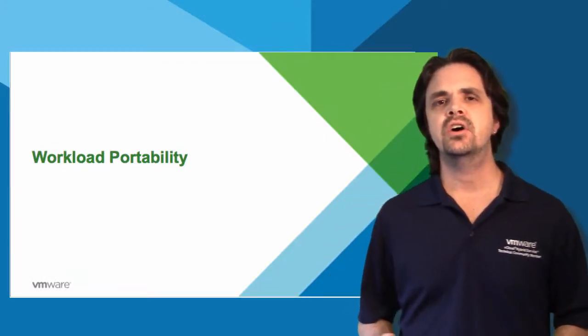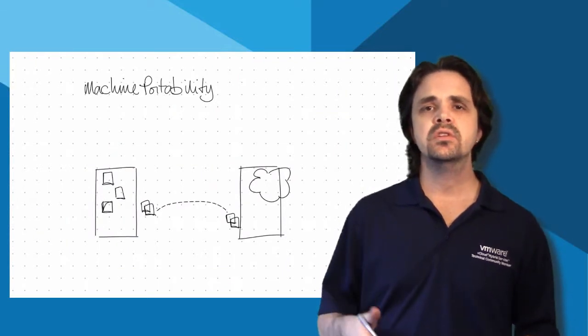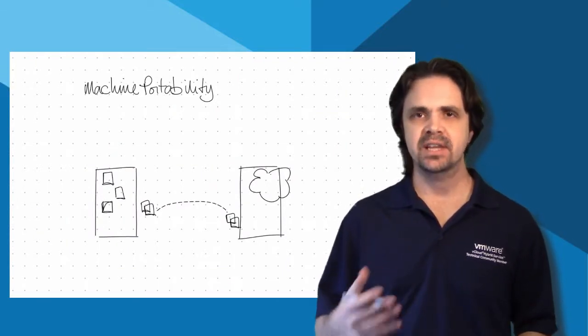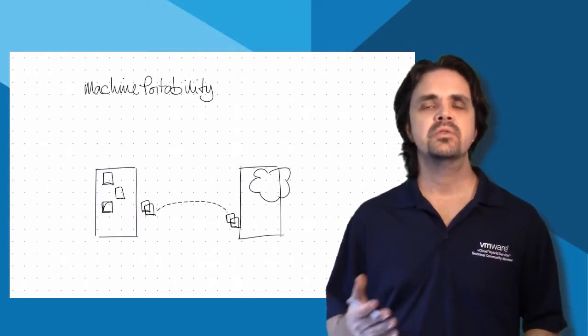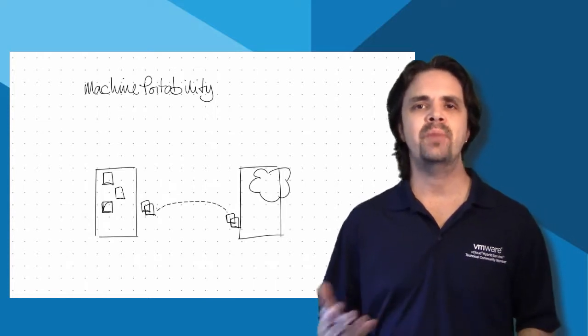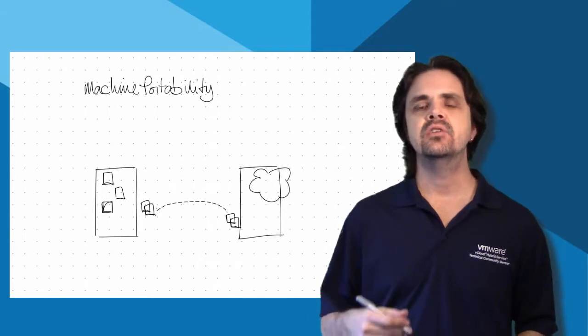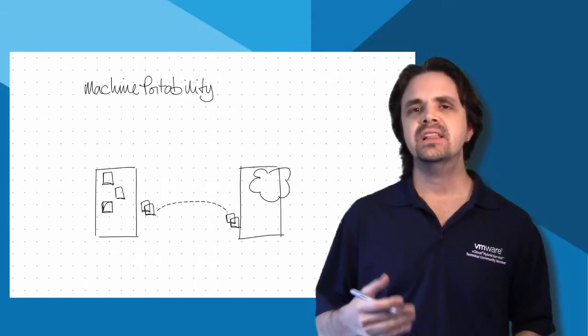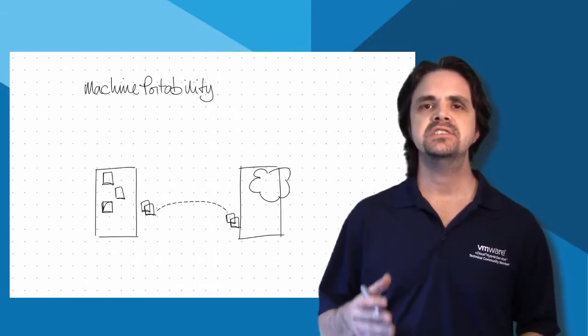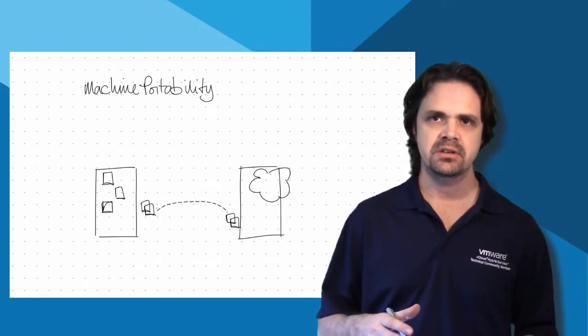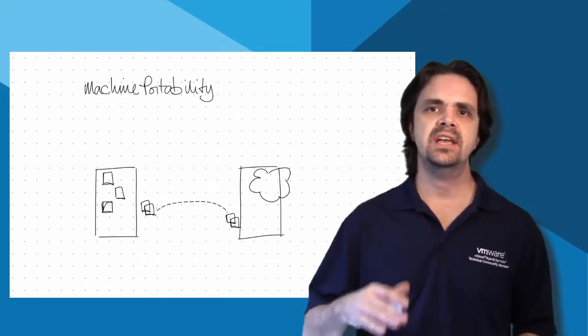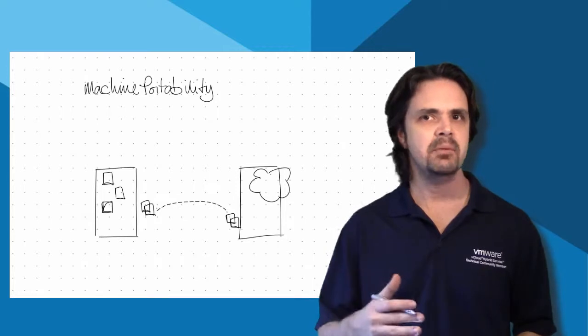So there's always a lot of talk around machine portability. In fact, if you had looked at the conversation that we had about the legacy applications, we were talking about the ability to move workloads back and forth inside of vCloud Air. And again, as we mentioned, vCloud Air uses vSphere as its foundation. So when you're getting vCloud Air, you're getting a vSphere data center for rent, so it's capable of handling all